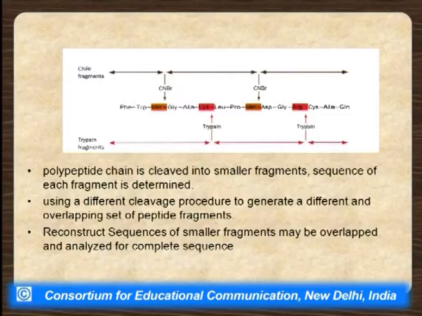Once you have determined the sequence of each of them, we can try fragmentation with different enzymes and chemicals on the same protein, and see what pattern of fragmentation appears. Once we have such small fragments, we can look at the overlap regions, and once we have determined the order in which these polypeptides appear, we can reconstruct the entire protein sequence by overlapping the smaller fragments.